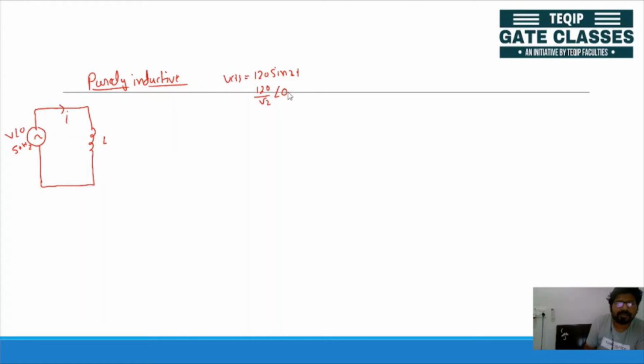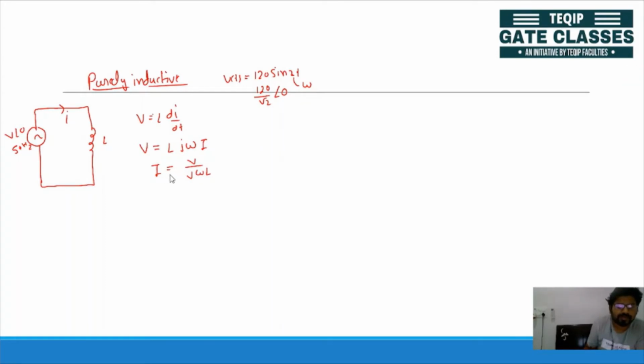Okay, and remember the angular frequency of the circuit will be 2. So omega will be 2 for the whole circuit. Okay, now let's come to this circuit. We know the voltage-current relationship in a purely inductive circuit is V = L di/dt. If we convert it into the frequency domain, what will we get? V = L d/dt will be converted into j omega I, and you will get I = V / (j omega L).